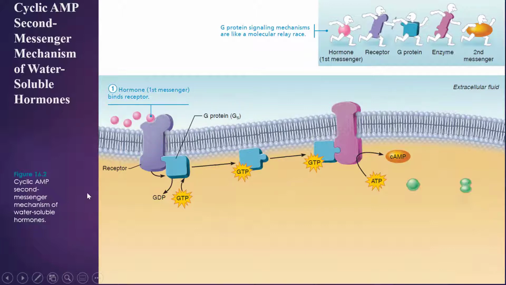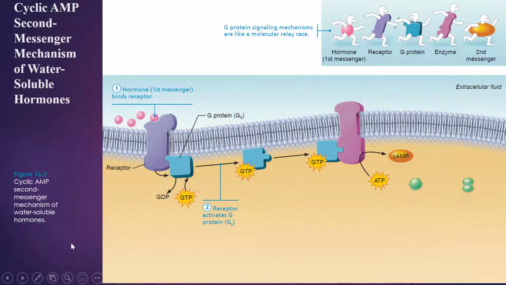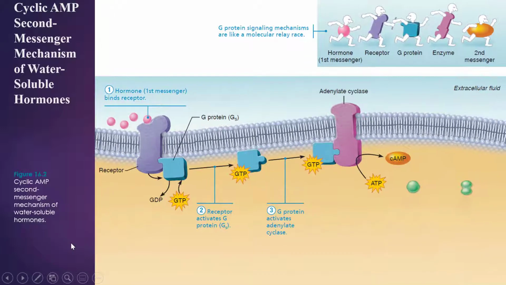Once it is docked into the receptor, it is going to interact with the G protein. Then the G protein is activated, and after being activated, it activates the adenylate cyclase, and the adenylate cyclase converts the ATP into cyclic adenosine monophosphate, and that cyclic adenosine monophosphate happens to be the